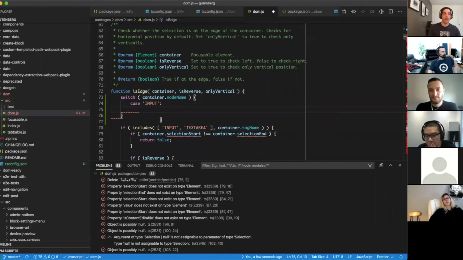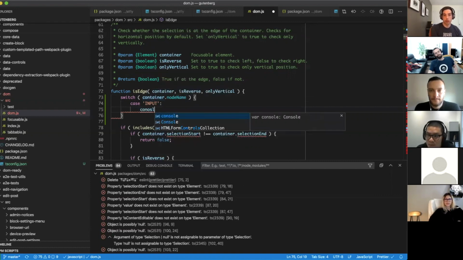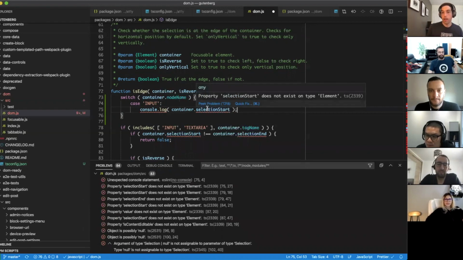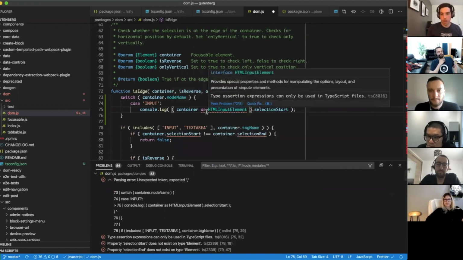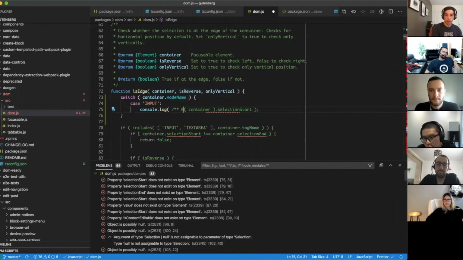But to your point, even if at this point I could feel confident that selectionStart actually exists on a node of this type, TypeScript still thinks container is element. You have to kind of trick it. So in TypeScript or any typed language, this is something where you could do type casting. So let's see, console.log selectionStart. It's going to complain, but here it still thinks it's a type element. In TypeScript it would be something like HTMLInputElement. Is that the syntax? I think that doesn't work in JavaScript, but we do have something equivalent, which is if you do this syntax,